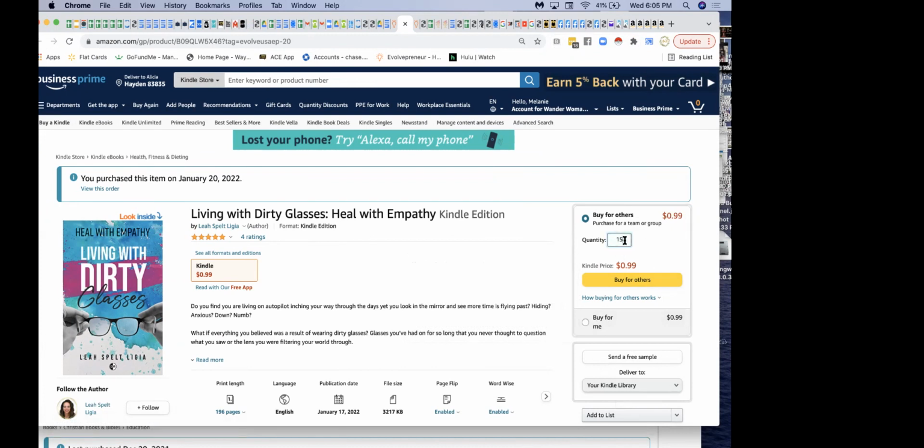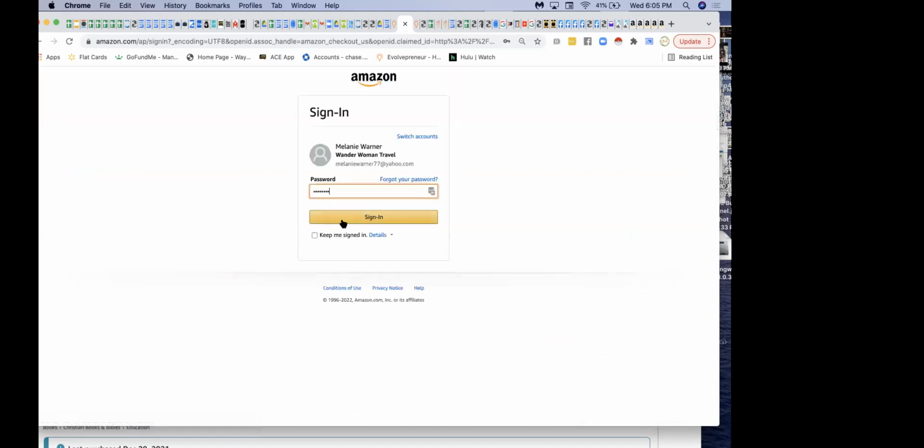Can I do that from Canada? Like if I have an Amazon account on .com. So if you have a US account, you might be able to. For example, if I were to buy these 15 right now, I'm just going to show you what it looks like. So I will hit buy for others. It goes back into my account, and then it's going to give me